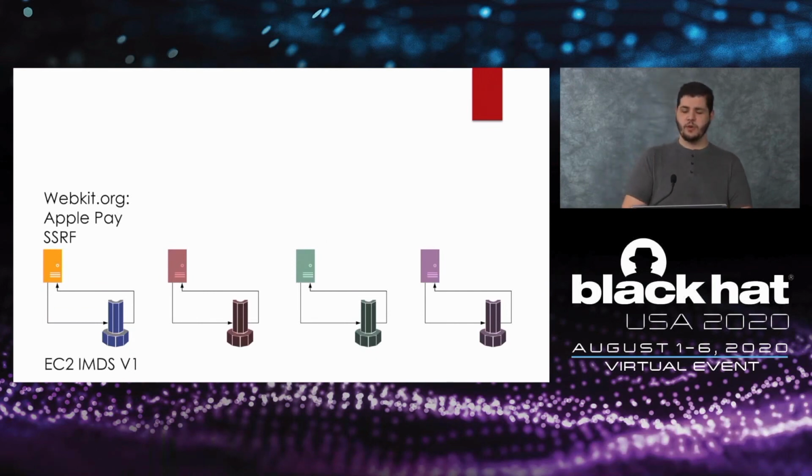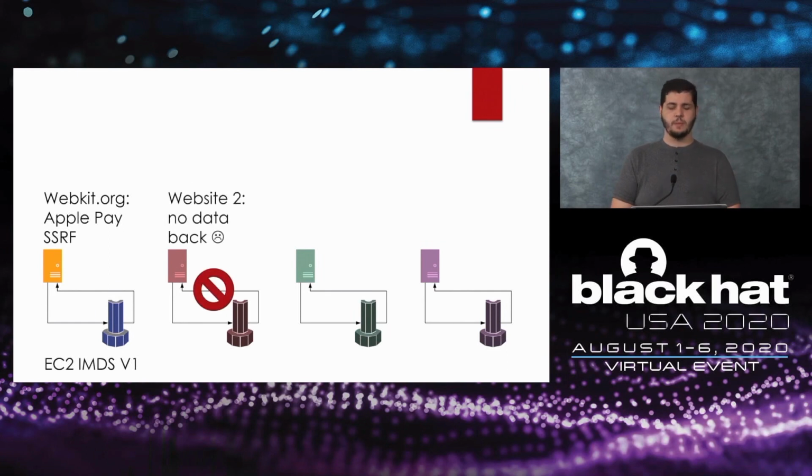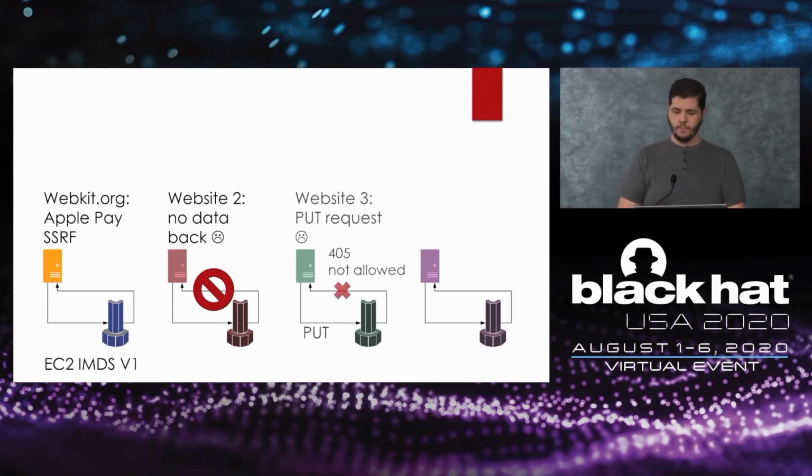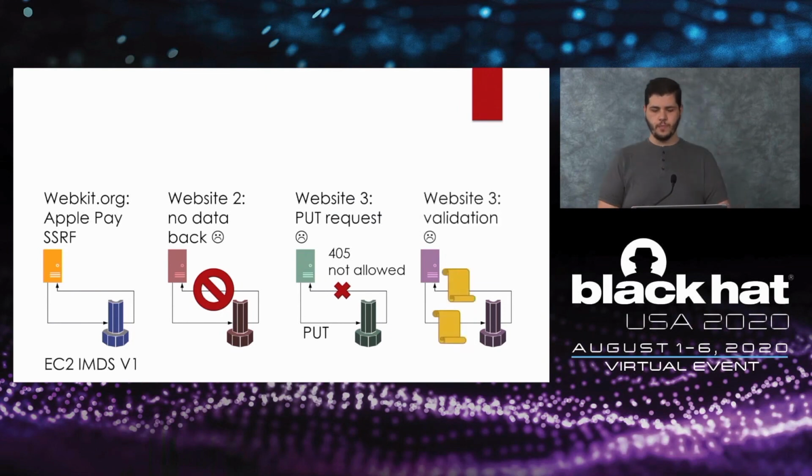I had a lot of SSRF vulnerabilities that were out there, that were almost there, but weren't quite vulnerable to this easy approach. Sometimes I'd have a webhook where I could hand it a URL, and the server would even fetch the URL, but not give me a response. This is called blind SSRF. Other times, the request in question would be a PUT request, which restricted what endpoints I could hit. Sometimes you can mess with the request method by setting up an endpoint that redirects the server around, but that's hit or miss. Other times you might get some data back, but it's validated against a specific content type, or you only get back certain fields. Or even worse, it will only accept HTTPS URLs.